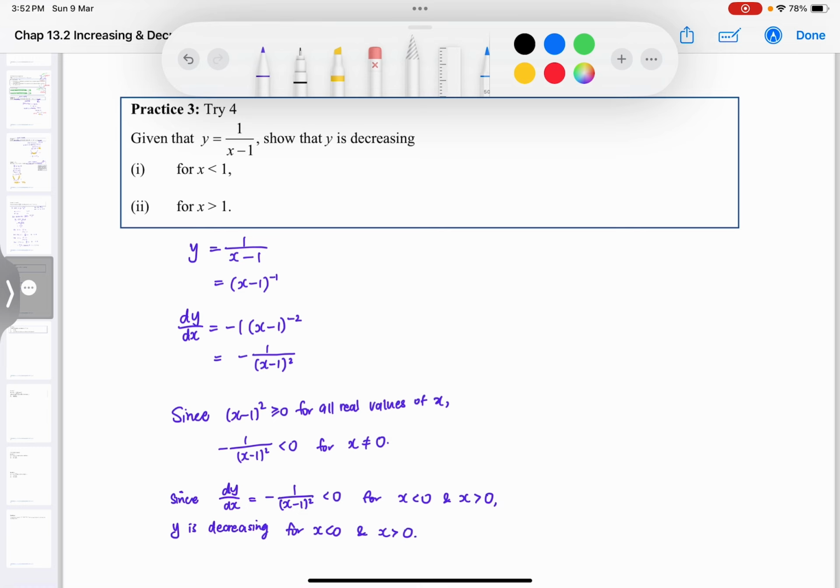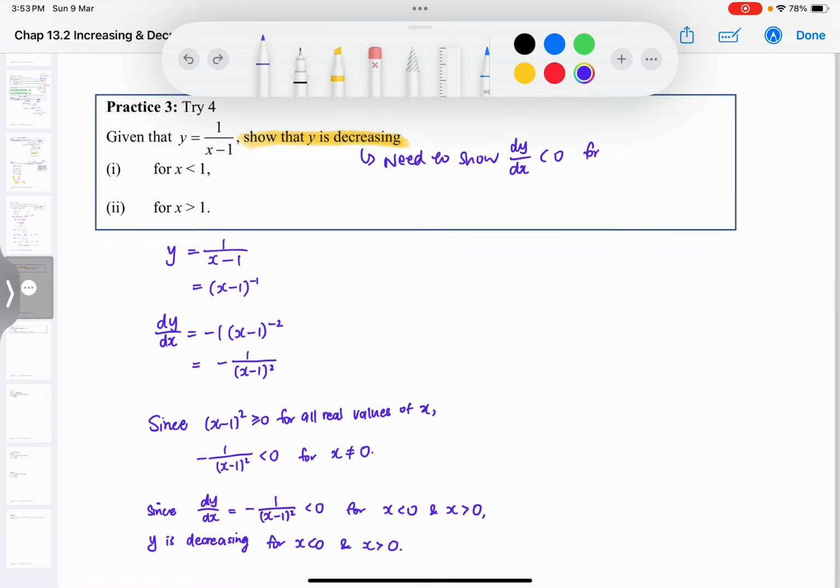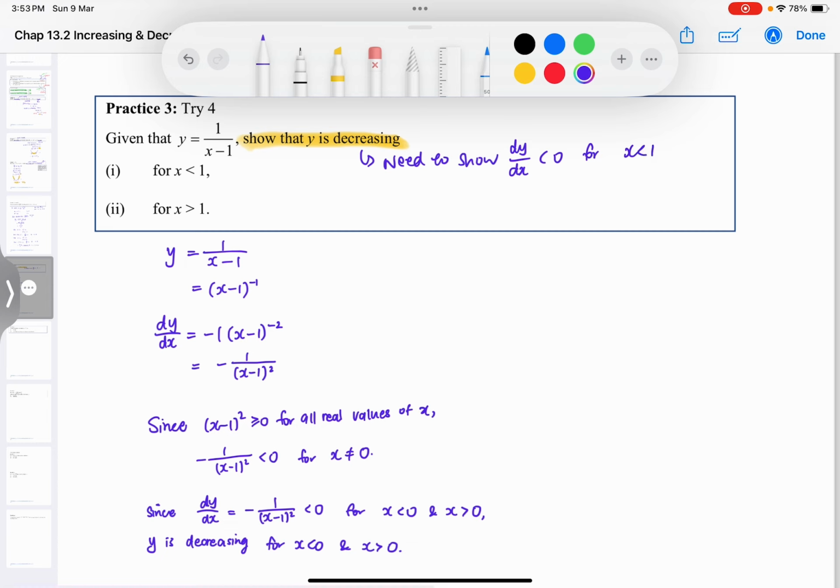Okay, so if you need some explanation, we are asked to show that y is decreasing. So this means that we need to show that dy over dx is less than 0 for x being less than 1 as well as x being greater than 1. Okay, so of course in order to do that you have to differentiate the function of y with